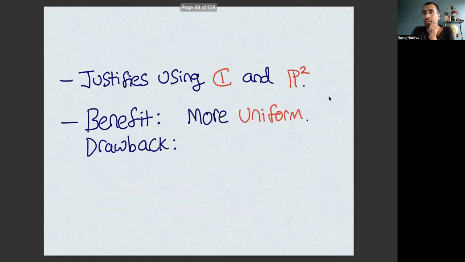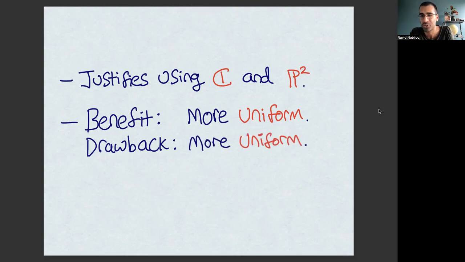The benefit of doing that is that we could get a statement that applied to all curves at once. We didn't need to distinguish between different types of curves. Actually, when we work over C2 or P2, this taxonomy of conic sections breaks down. Over the complex numbers, all conics look exactly the same. You don't get this distinction anymore between parabolas and hyperbolas and ellipses and so on. So this is a benefit, in a way, because it's more uniform. You can make statements that apply globally. But of course, you pay something, and what you pay is that you lose some of the richness that existed previously,